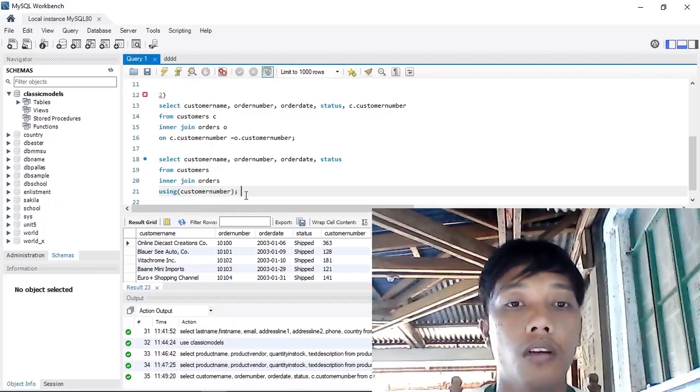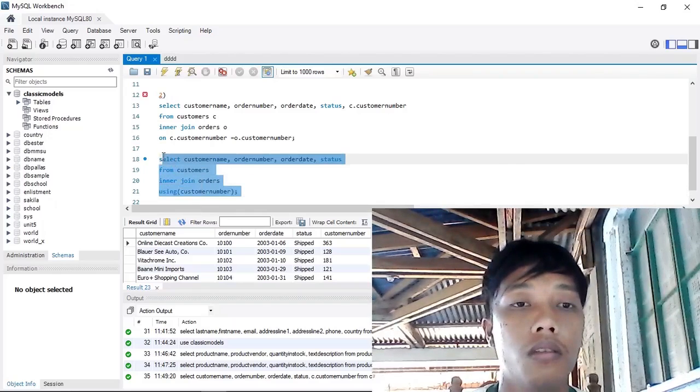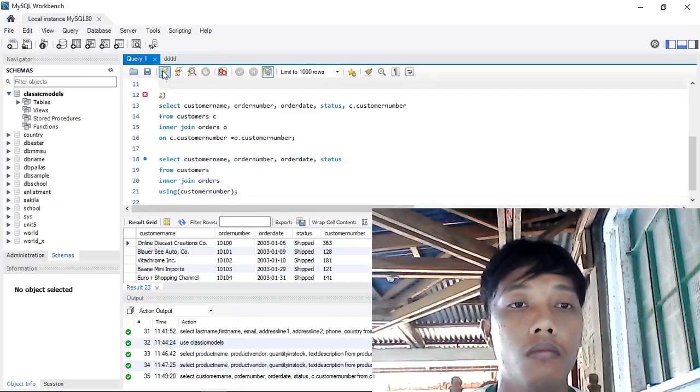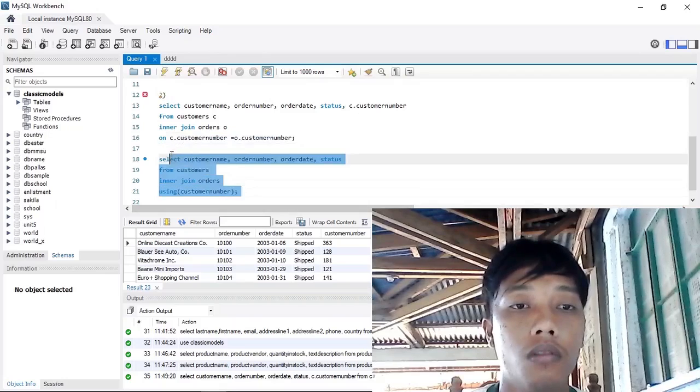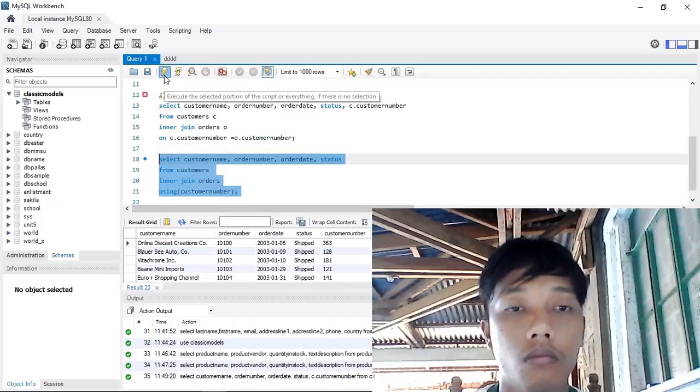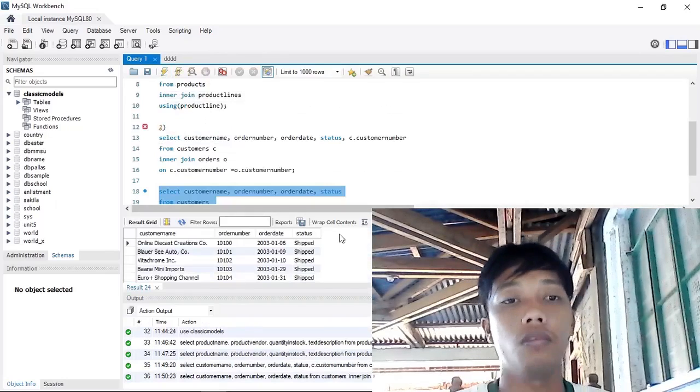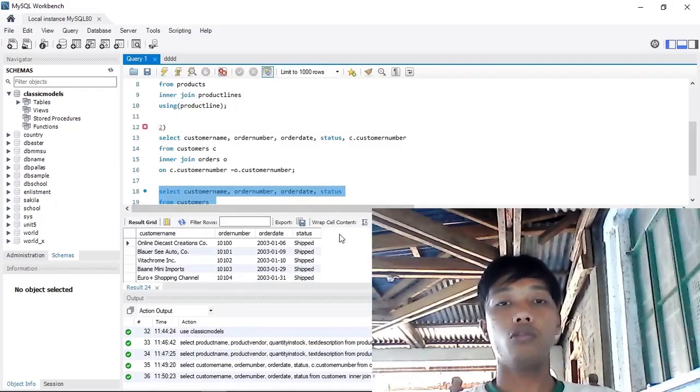Then I'm going to run this. Yes, they are the same output.